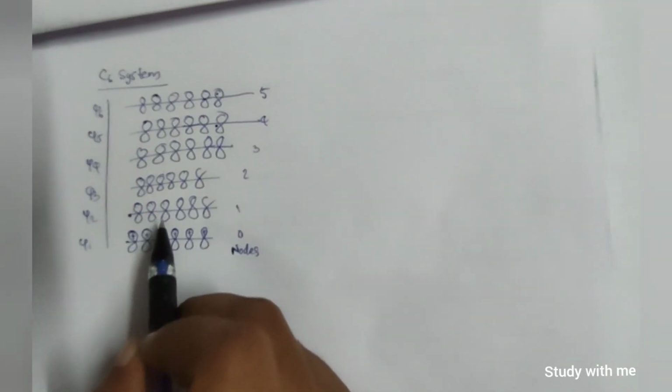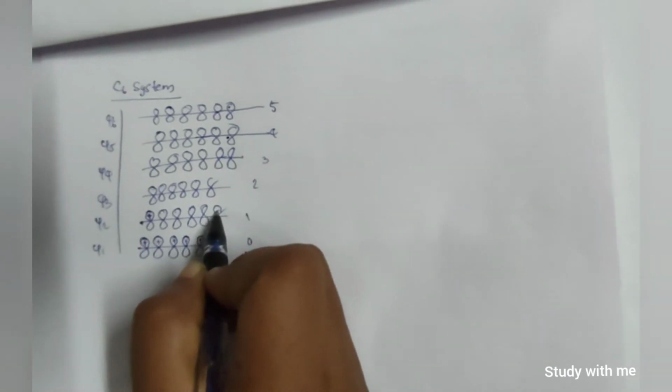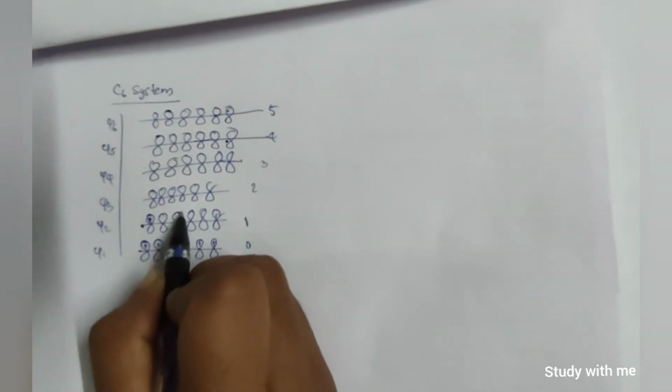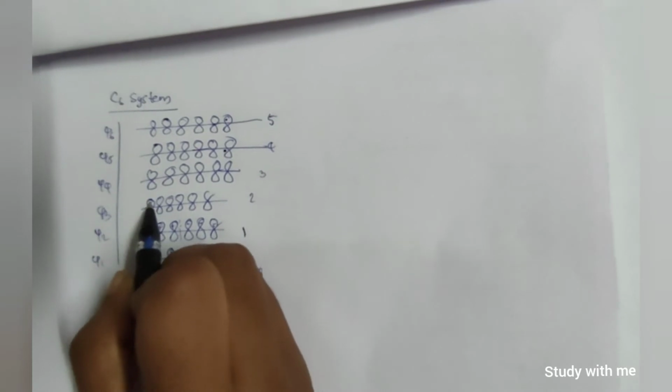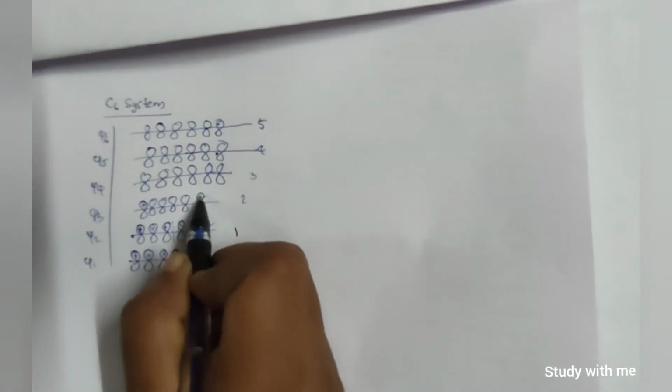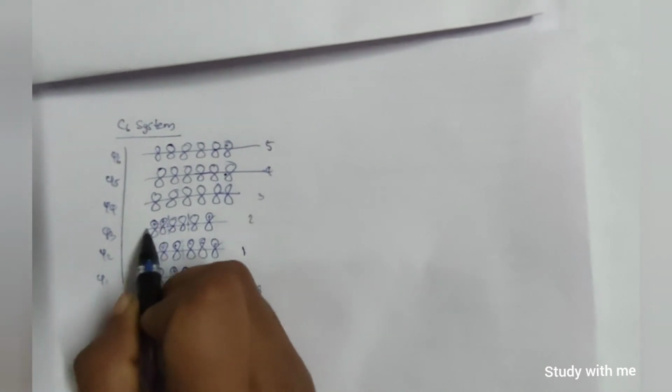I have already said in the previous video that the bottom one will have all positive signs, and the next one will have first positive and last negative. This will be alternative, isn't it? So this will be positive and this will be negative. There is one node. The node can be introduced in the middle of this. These 3 will be positive, these 3 will be negative. In the next one, psi 3, the first will be positive and, if it is alternative, this will also be positive. And we have to introduce 2 nodes. The nodes can be introduced between these, so these 2 will be the same sign, these 2 will be the same sign, and this will be different from this, so this will be negative, isn't it?